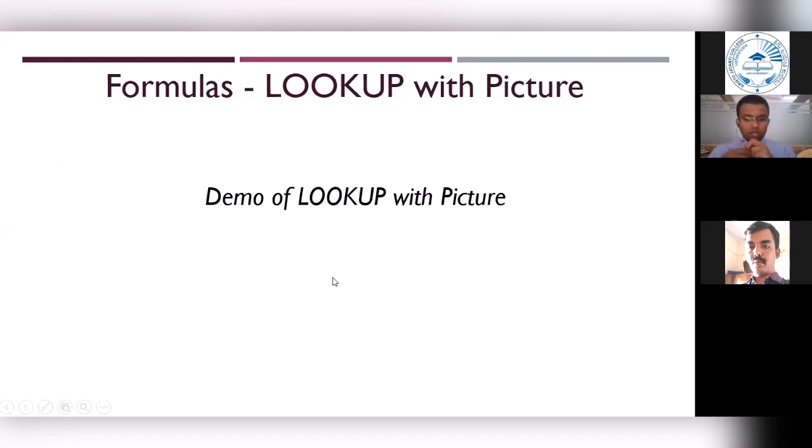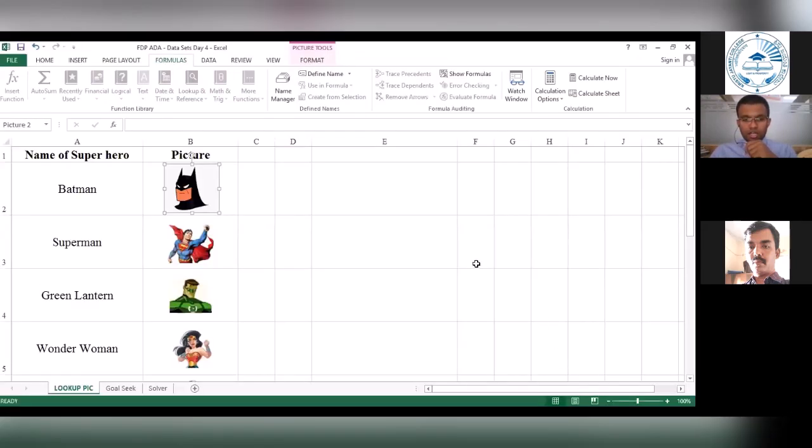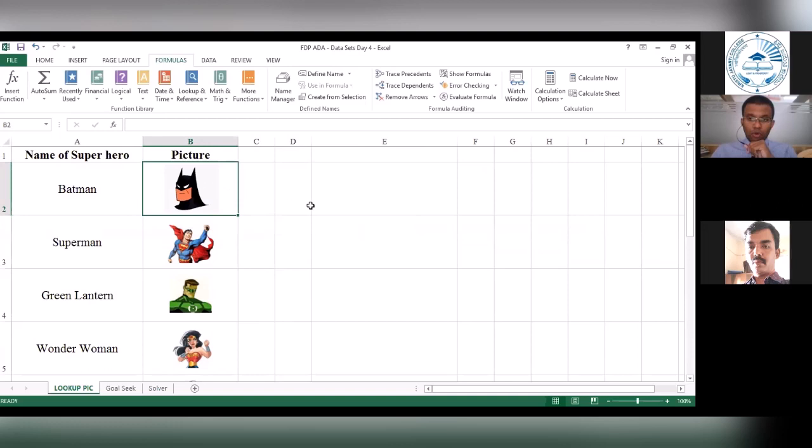So to start off with, let's quickly turn over to our data set. I request all of you to please bring up the data set that I had already shared with all of you. If you look into this data set, you would see that I have prepared a database, a data array, which has the names as well as the corresponding pictures.